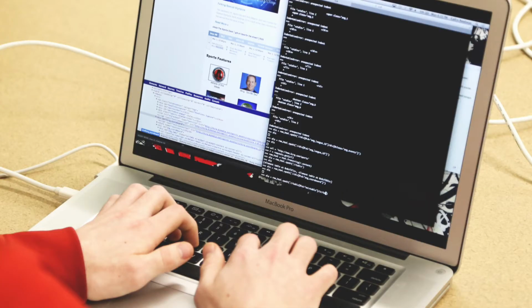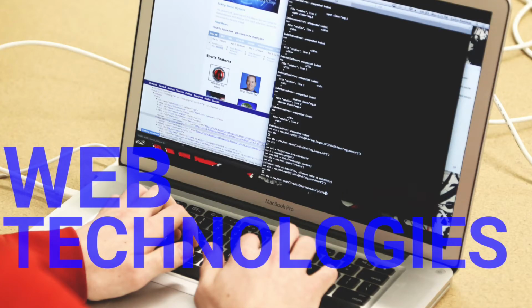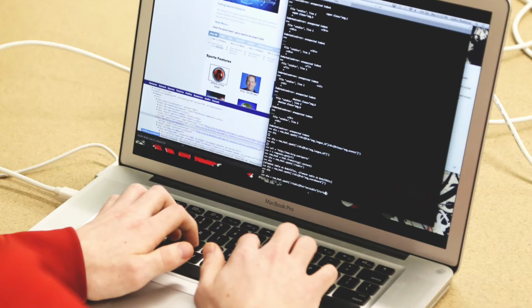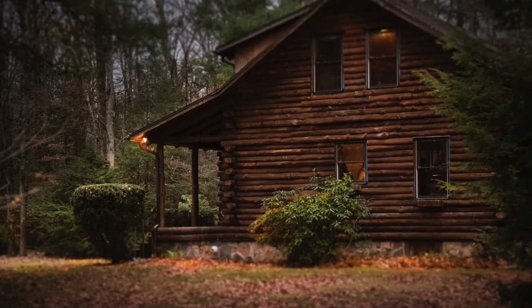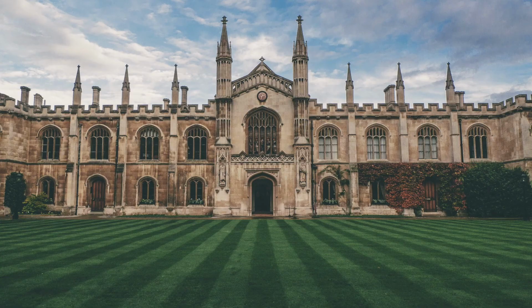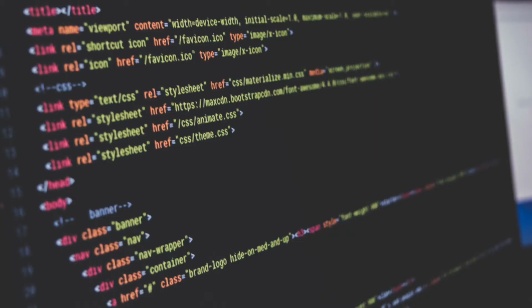So I started to learn about web technologies. I wanted to get a basic understanding of what the various parts of a web app are called. Like learning about different building blocks of a house, I learned about the various building blocks of a website. I did all this by trial and error. I read books, took courses, and coded a lot of projects.